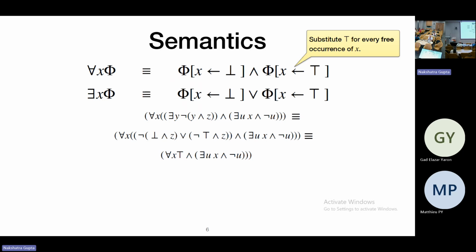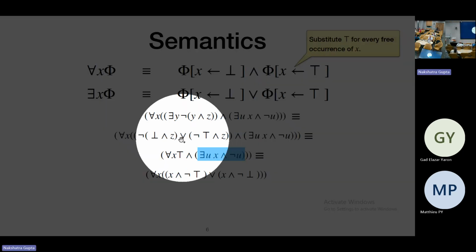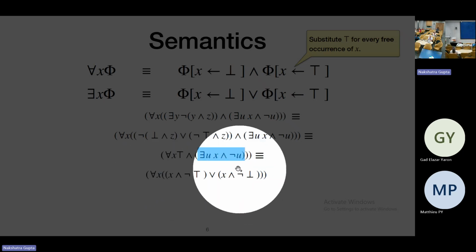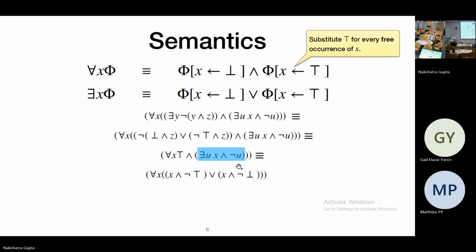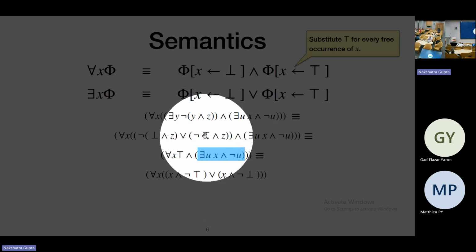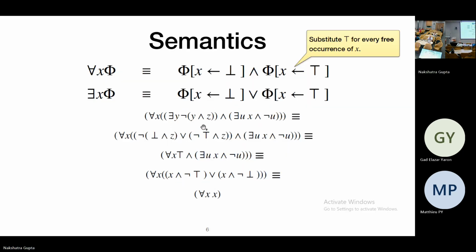Okay, and then we're left with this. So let's expand this existential quantifier, and we get this expression here. And again, we can simplify. So we have not true here, that's false, and not false here, that's true. Oh, wait, sorry. Yeah. So we have x and true here, which could be x. And so at the very end, we have just for all x left. And that is false, right? Because it's just